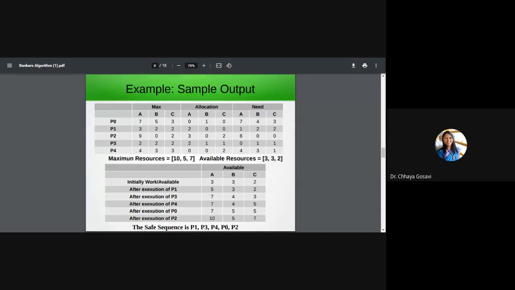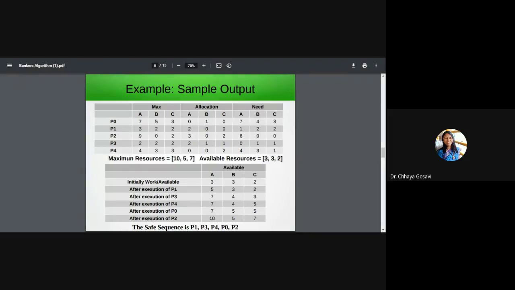And we add allocation, that is 211, into available 532. So it will be 5 plus 2, that is 7, 3 plus 1, that is 4, and 2 plus 1, that is 3. So 2, 1, 1 is added into this available matrix. Now it is 7, 4, 3, and finish of 3 is also true. So now P0 is waiting, P2 is waiting, P1 and P3 executed.